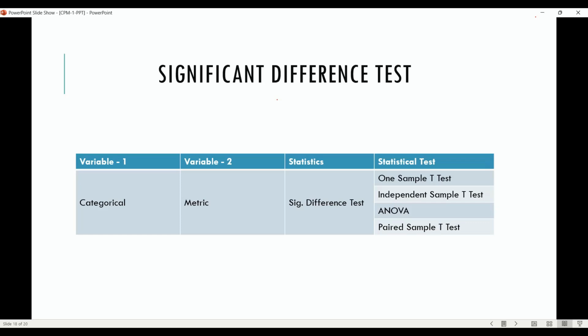Here, the same example. Say, for example, you are running the vehicle showroom. You wanted to check whether there is significant difference in the mileage before and after service. So before service, the mileage of the Jupiter was 32, and after the service, the TVS Jupiter mileage was 36. So there is significant difference in the mileage. The same sample, same vehicle, the TVS Jupiter, before the service and after the service. So same set of sample, but two different time intervals. If that is the criteria, we will be using paired sample t-test.